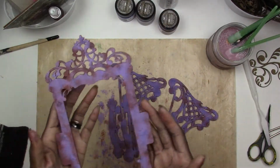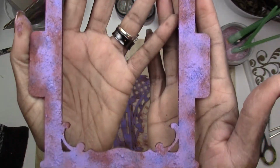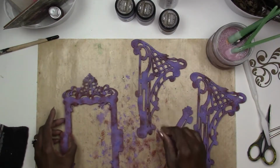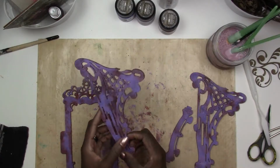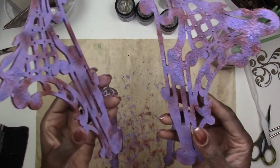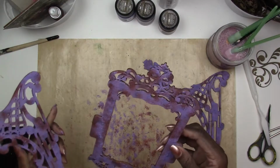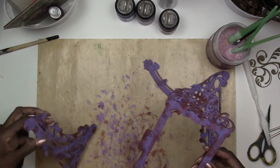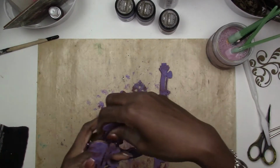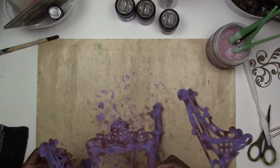So now we are done. And it's time to put our frame together, which is really, really simple to do. You're going to take your side pieces. These are your two side pieces. And you're going to take the front piece. And actually the wide part goes down at the bottom. Oh, okay, there we go. Make sure you get these right. The wide part goes down at the bottom, and